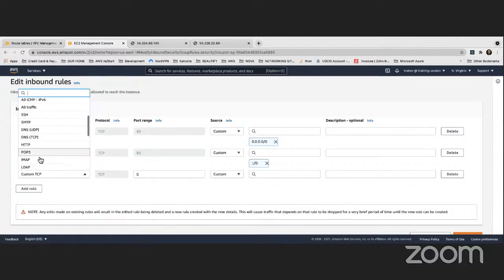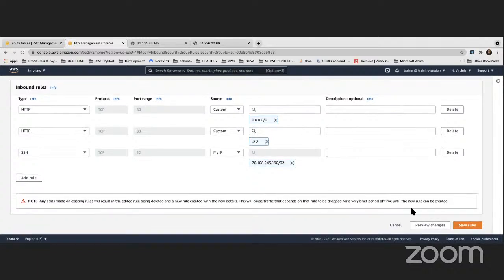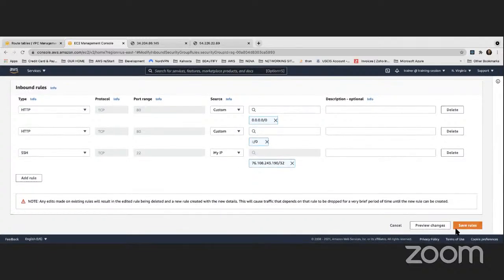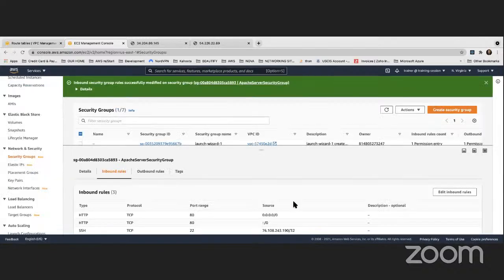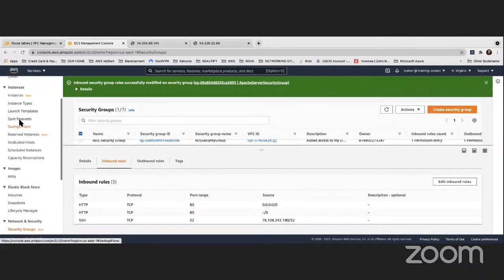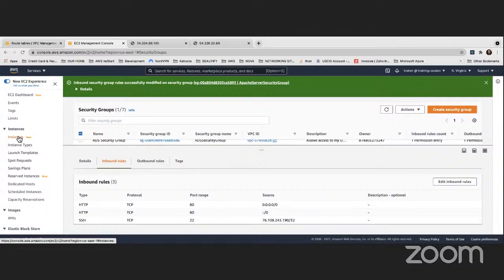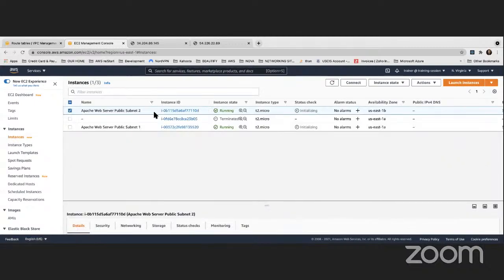SSH, right here, and use my IP address. Good practice, best practice. That's it. That will apply automatically. It would not take minutes or seconds. It's automatically applied. So now if I go back to my instances and I try to SSH into my